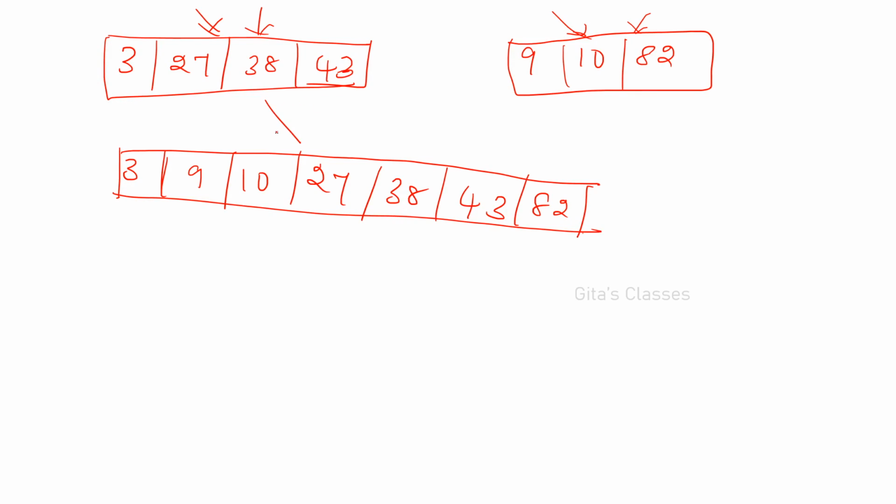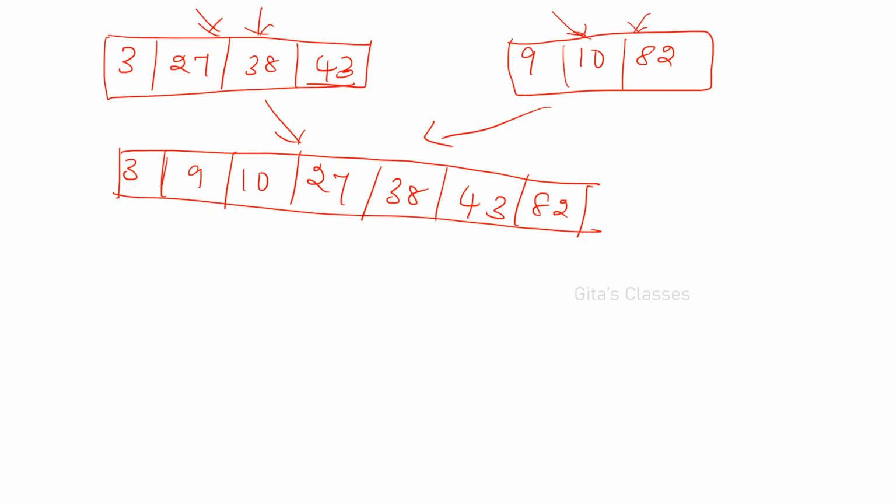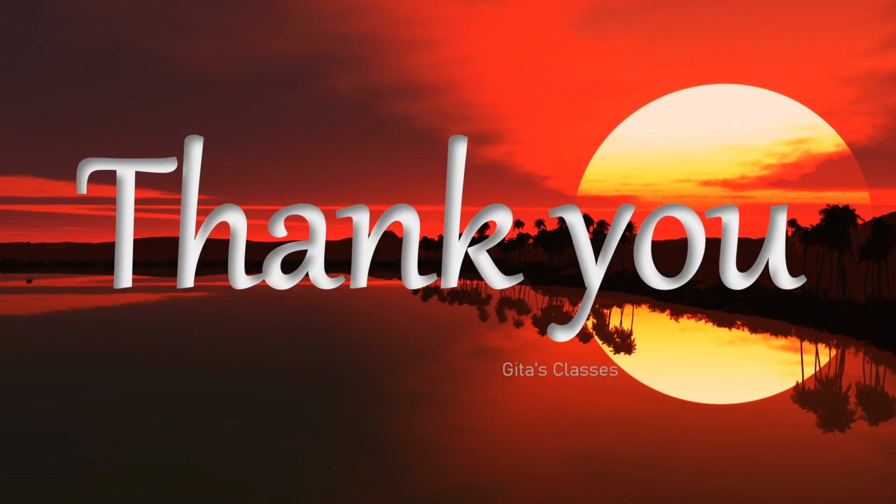So this is a typical example of a divide and conquer algorithm. This is merge sort. Like this, for everything you have to divide into subproblems, then solve them, then combine. And we have seen the recurrence relation for this divide and conquer algorithm also. You can solve the recurrence relation also.